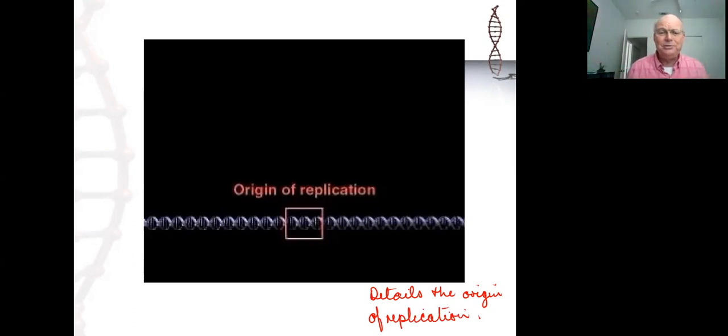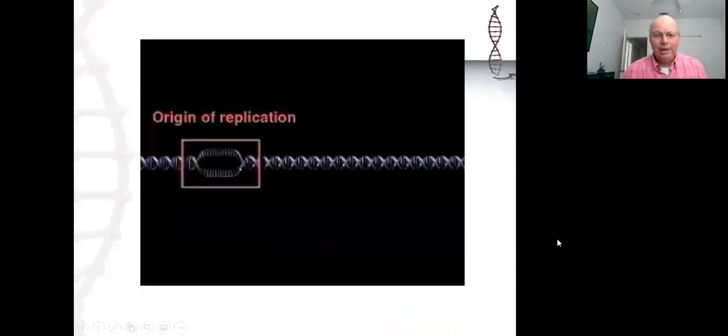How does the replication bubble actually get generated from the origin of replication? So it shows the origin of replication forming, the two strands are opened up, and then it gives you a quick look at the role of the helicase as the unwinding and unzipping enzyme functioning at each end of the replication bubble. The next animation details